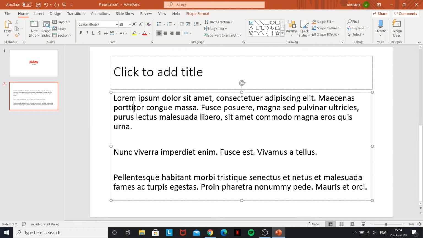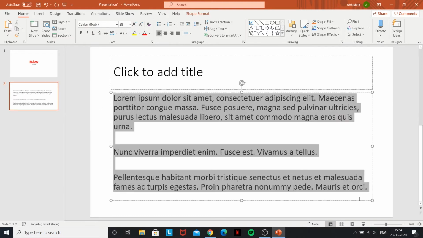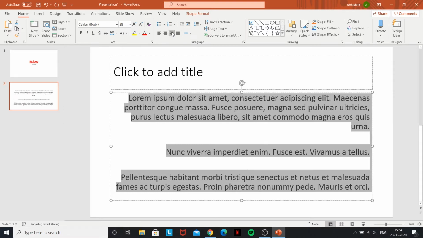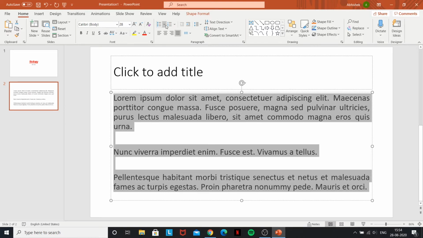So if this is our second slide and this is our text, then you can do all the various types of formatting. You can make it points, use different alignment, make it a list, and so on.